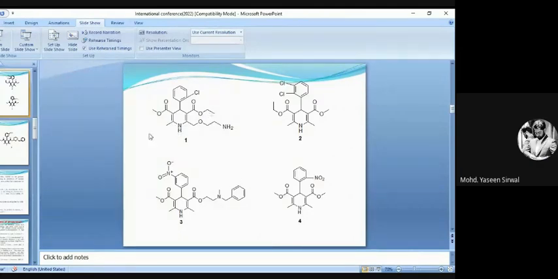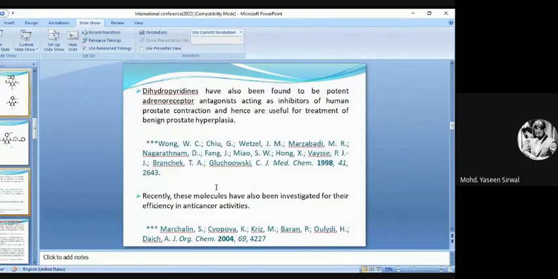So if you can see, all these drugs possess a moiety, that core nucleus, that is 1,4-dihydropyridines. These dihydropyridines have been found to be potent